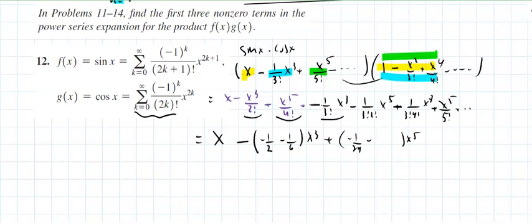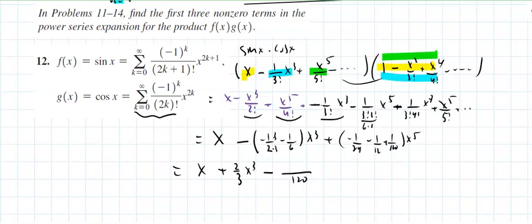Minus, this is 6 times 2, that's 12. This is 1 over 120. So the first three non-zero terms will be, that is 4 over 6. 4 over 6 is 2/3. Hopefully I didn't make a mistake, but you get the idea. Minus all over 120. That turns out to be